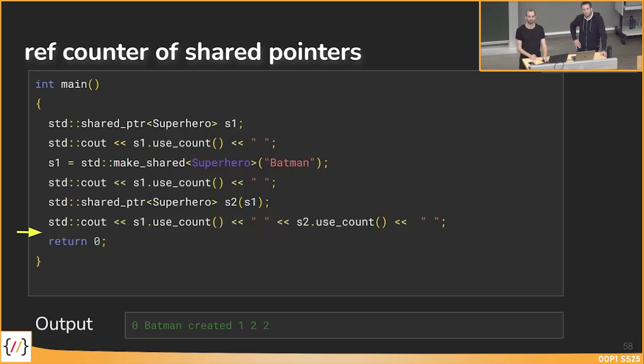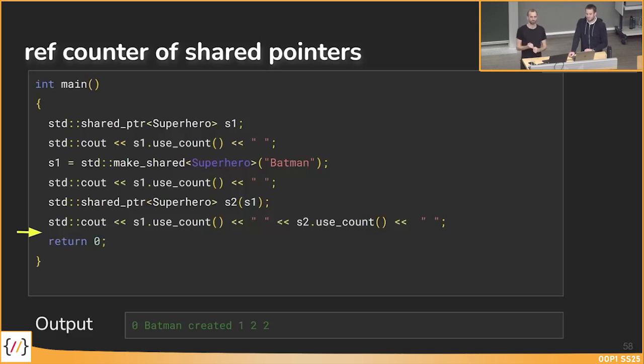Yes? One very stupid and applicable question, but if we were to destroy the object that the shared pointers are pointing to before they go out of scope, so they still exist, but they are, let's say, null pointers. And if we then call use count, will it display 0 no matter how many copies exist? So you mean if you destroy the superhero object? But not the smart pointer. Yeah, then of course you will get into trouble because